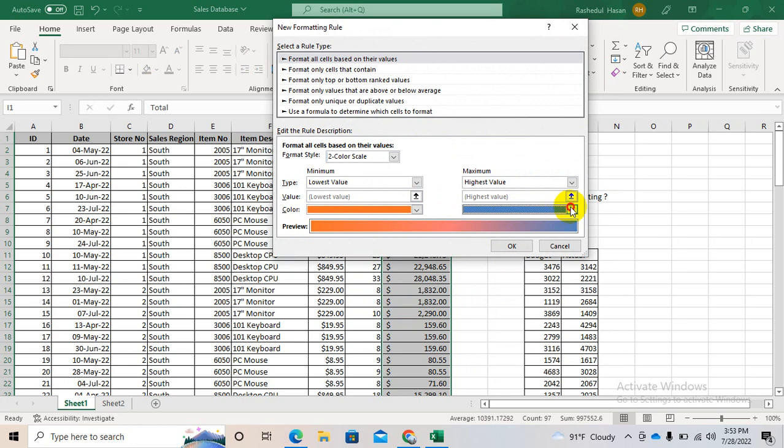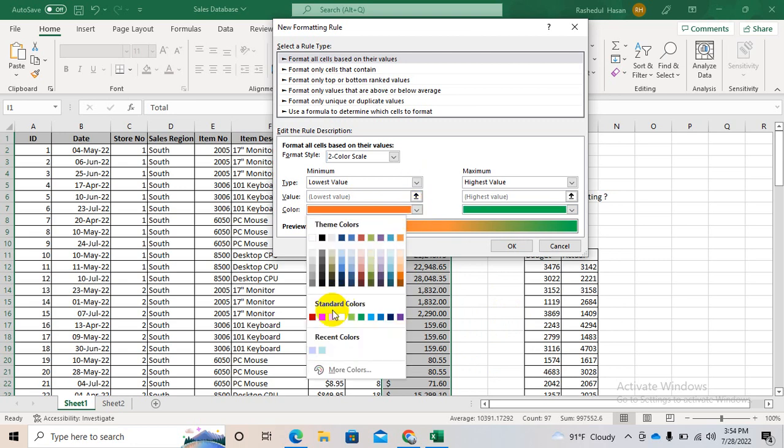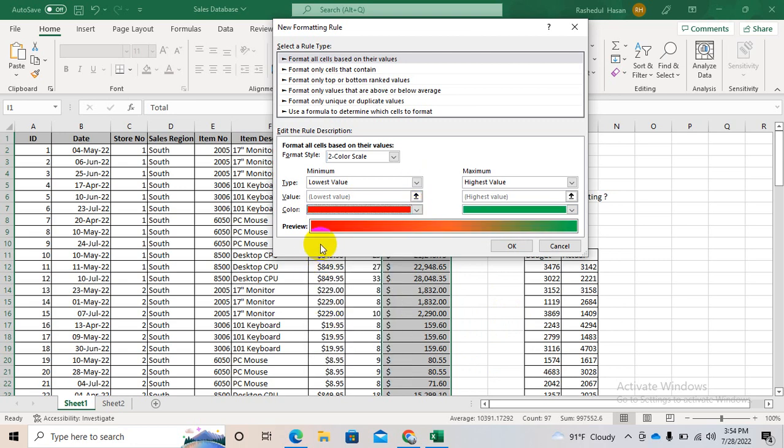So I'm using green, just use green. So it will be red to green. So our values are changing from red to green, and based on what, the minimum value, the lowest value will be red and highest value will be green. You can change the rule, or you can give a number or percent,